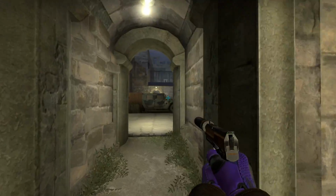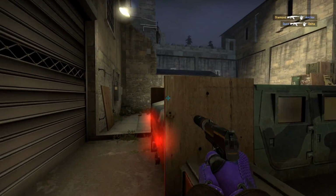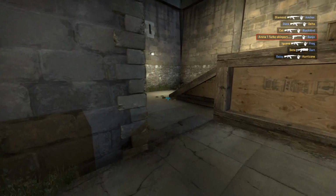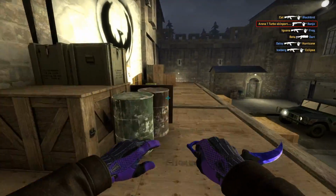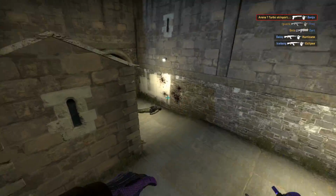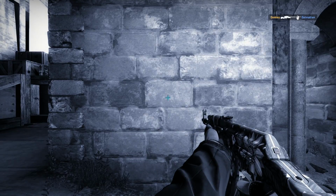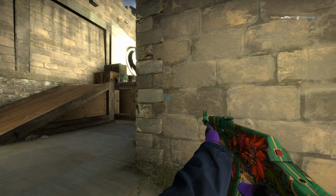I made some content out of it and I got what I needed out of it and it was cool. But I owned it for well over a year, close to 18 months. I feel like I've had my fair share of blue gem action in my life and I just decided to sell it. One of the biggest reasons why I actually sold it was